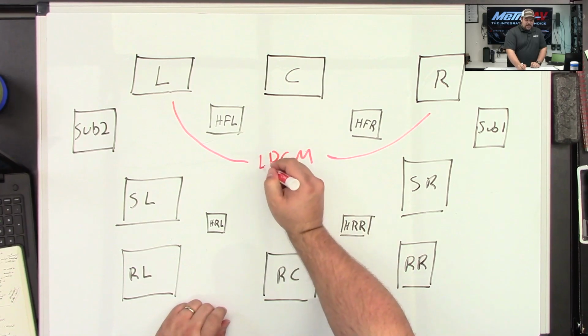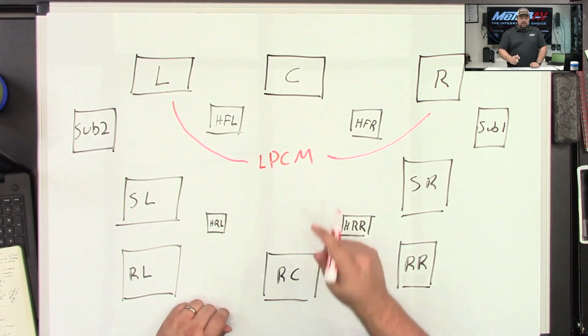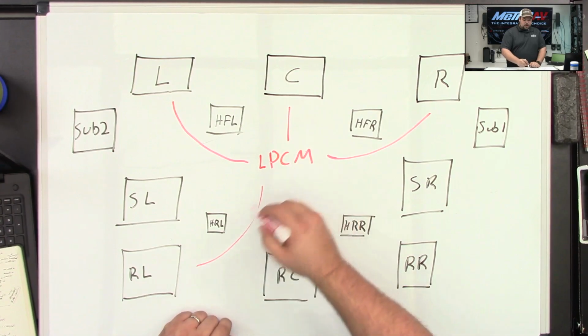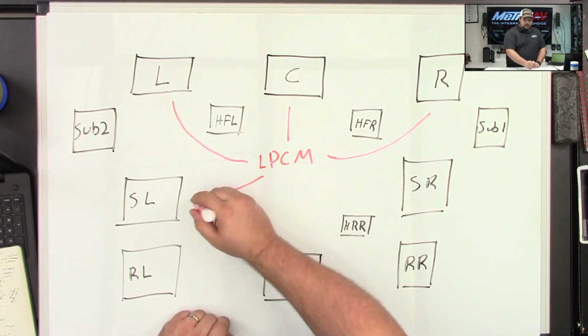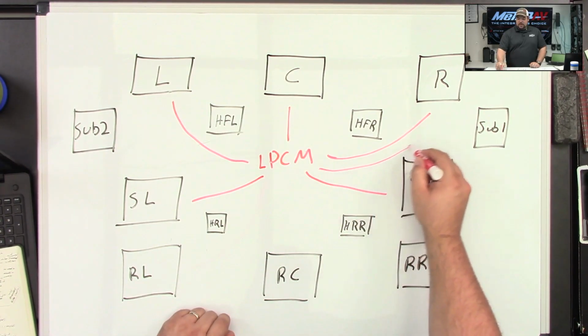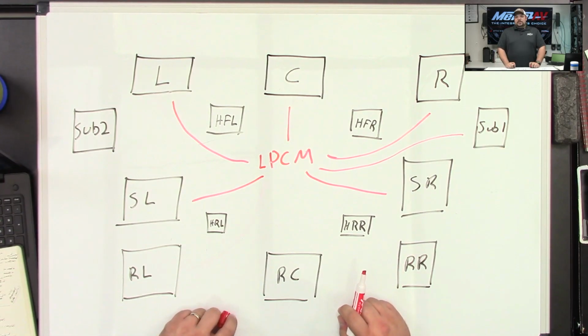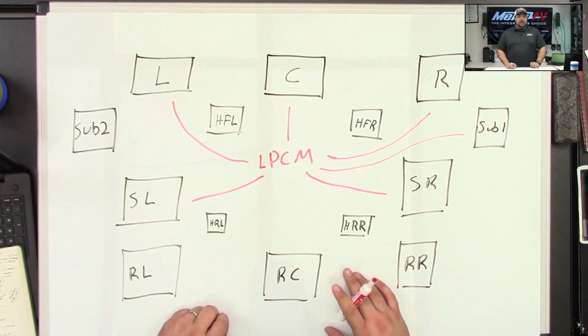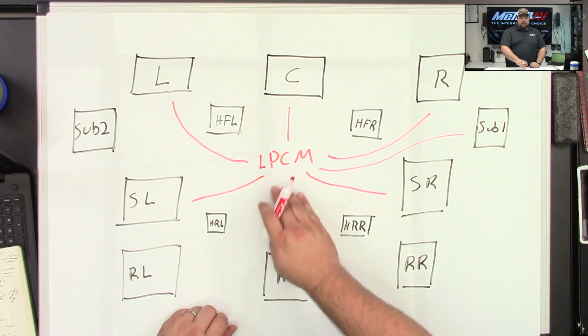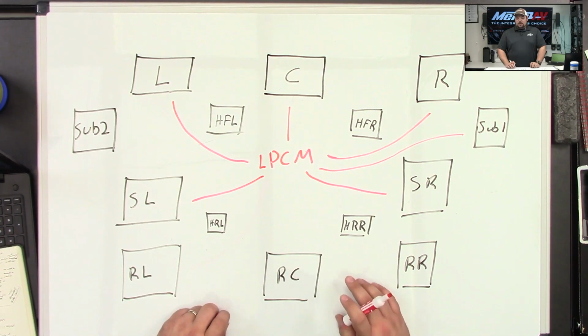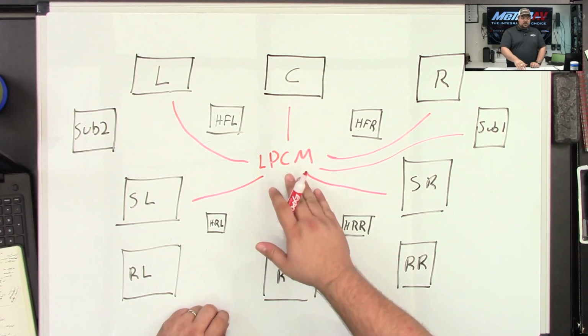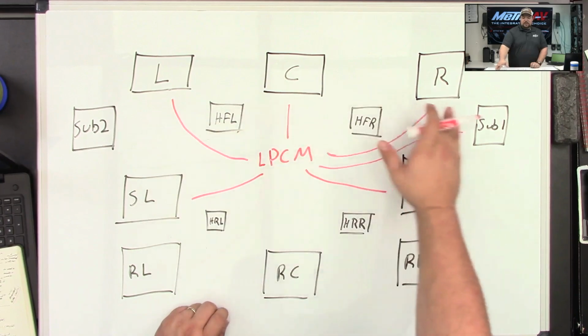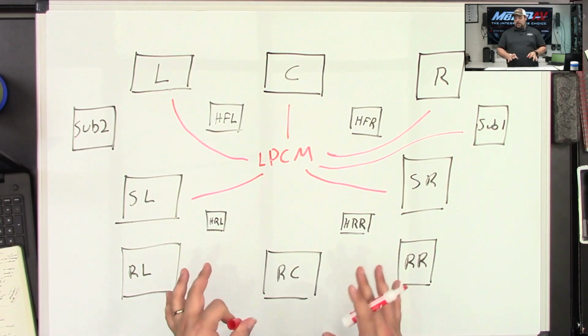Then you also have LPCM. Now, LPCM is where we start getting into more of the surround sound functions for a system. With LPCM, you can have surround sound, and that's usually one that's not encoded in any way other than just an open standard for LPCM. Now, normally when you see LPCM, it's still going to be just a left and a right channel, so you still have just stereo connections.